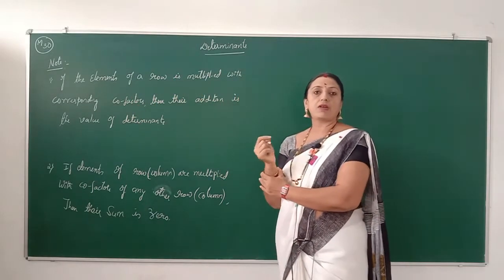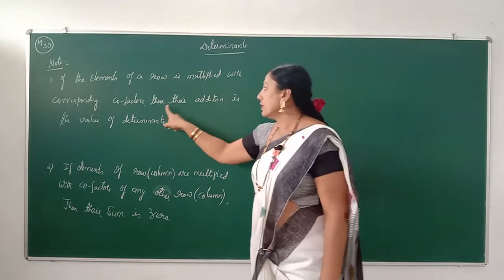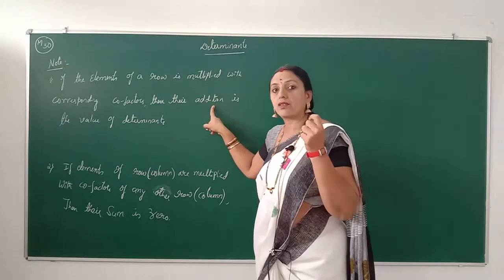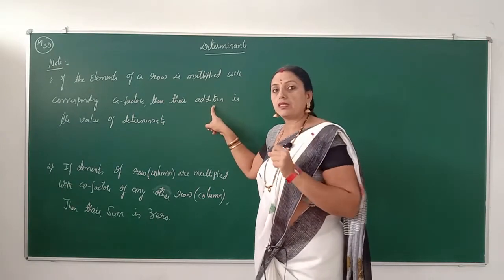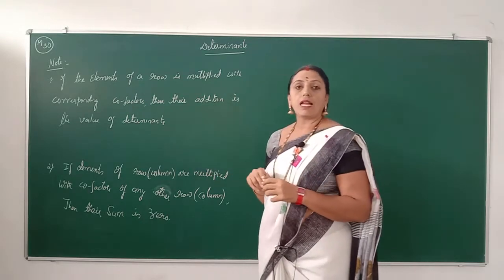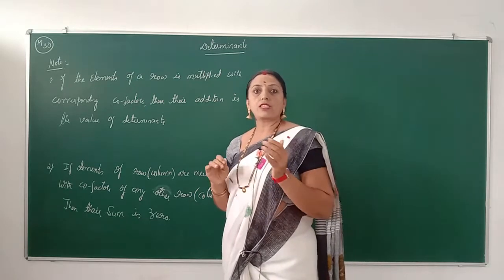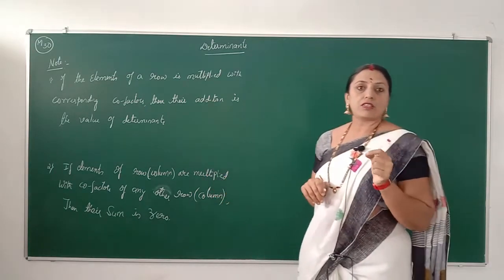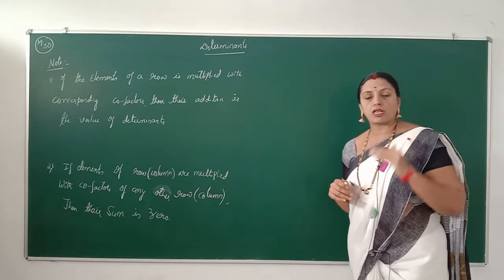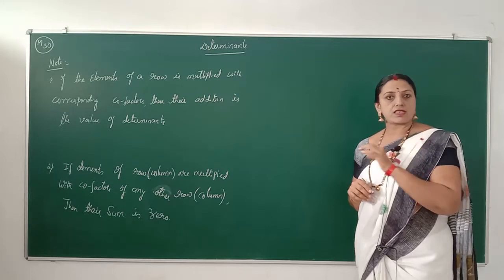What are the elements multiplied with the corresponding cofactor, then their sum. After multiplying the corresponding cofactors with the elements, all the products are added to each other, and that is called one of the values of the determinant. So we already know how to expand the value of a determinant along one of the rows or one of the columns, if it is possible to find the value of the determinant.